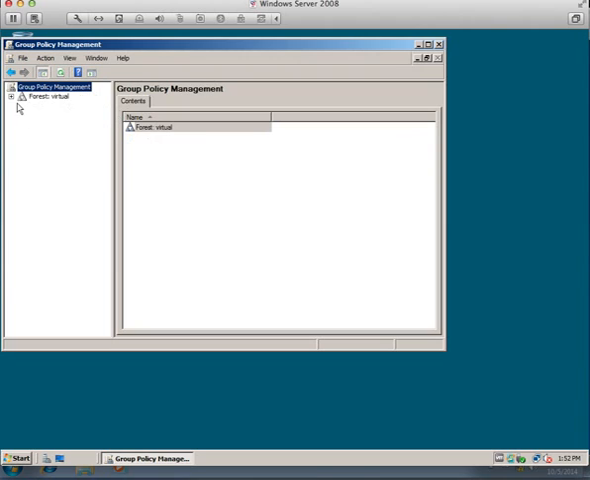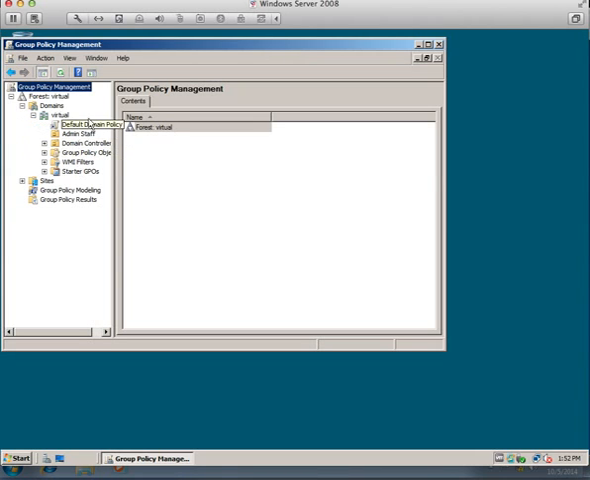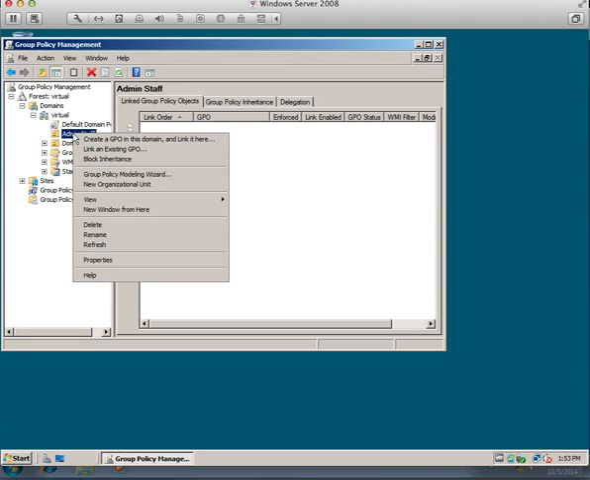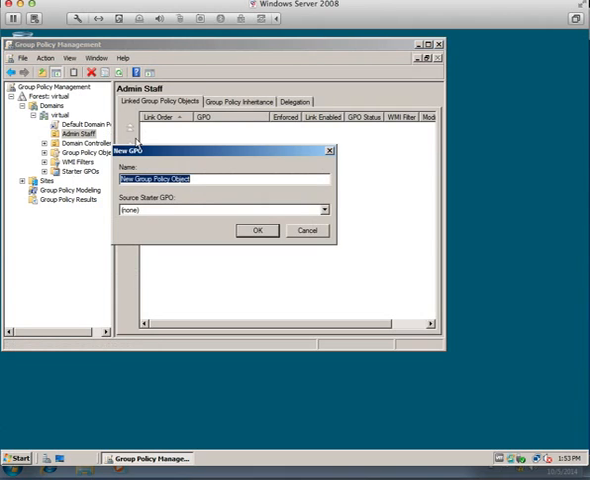There's our virtual domain. So if I click that, then if I go to domains, you'll see virtual there, and then you'll see our organizational units from our domains and users. So if I click admin staff, that's where the user I created lives. So to create a group policy, I right click and I do create a group policy object in this domain and link it here. And I'll give it a name,